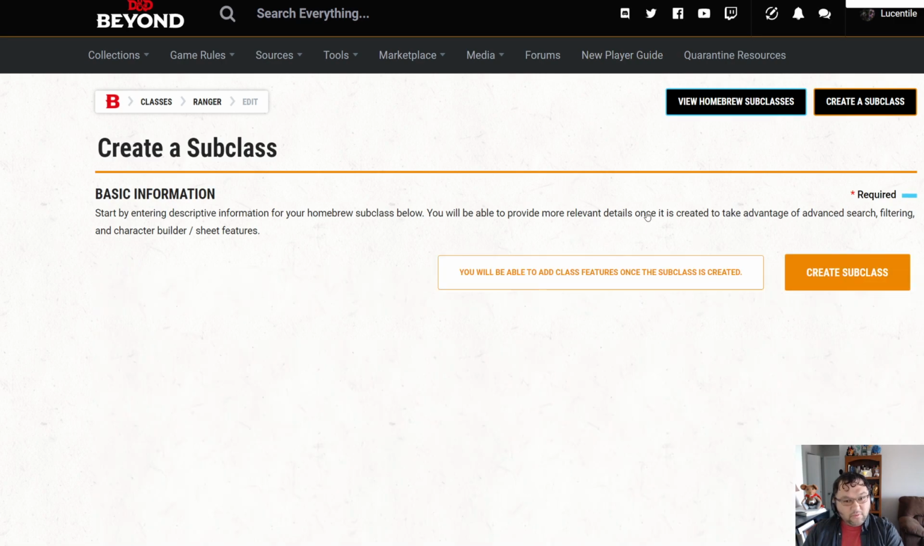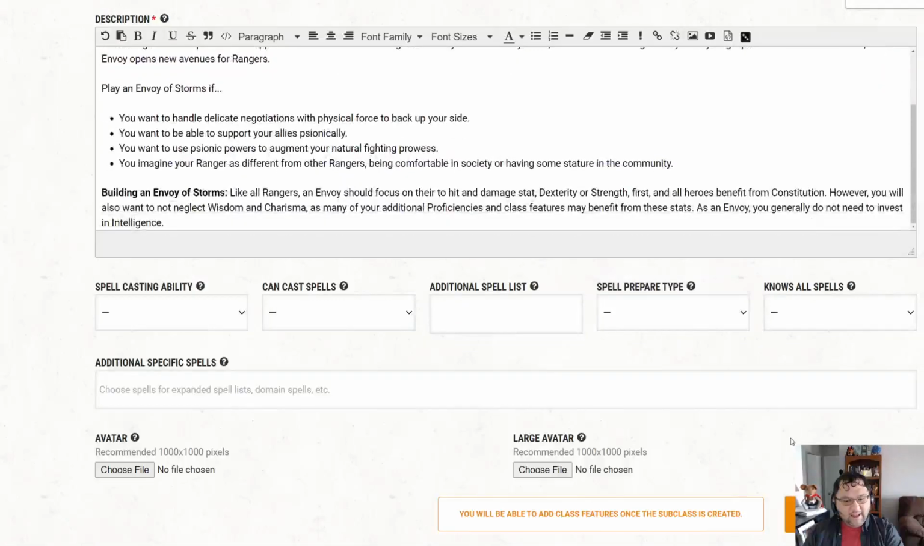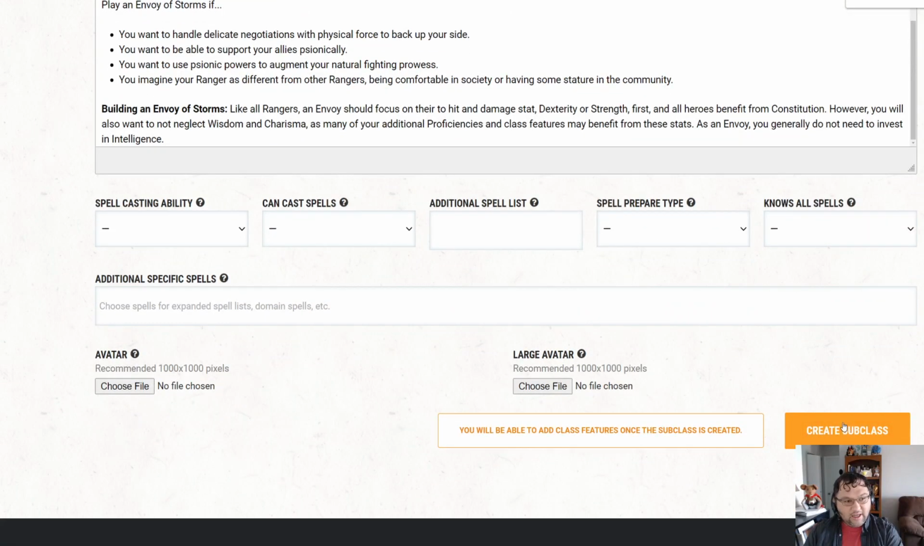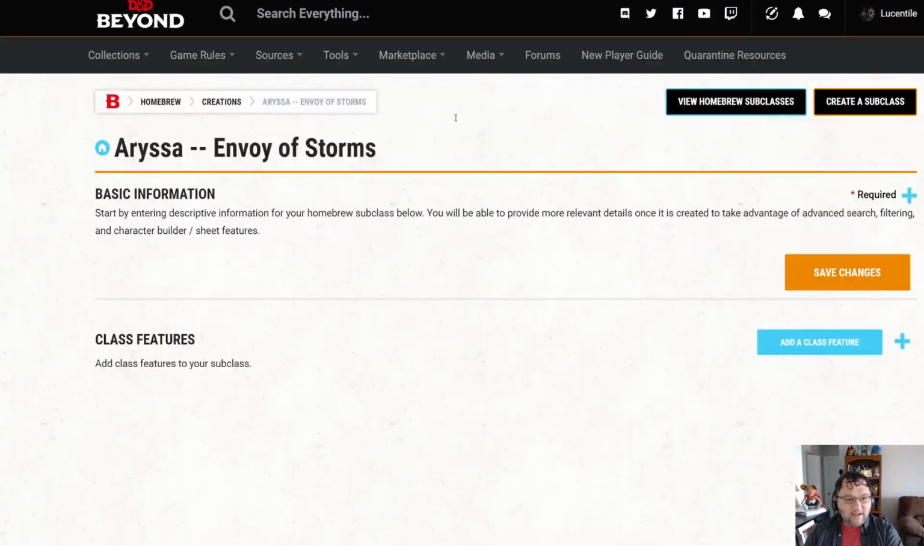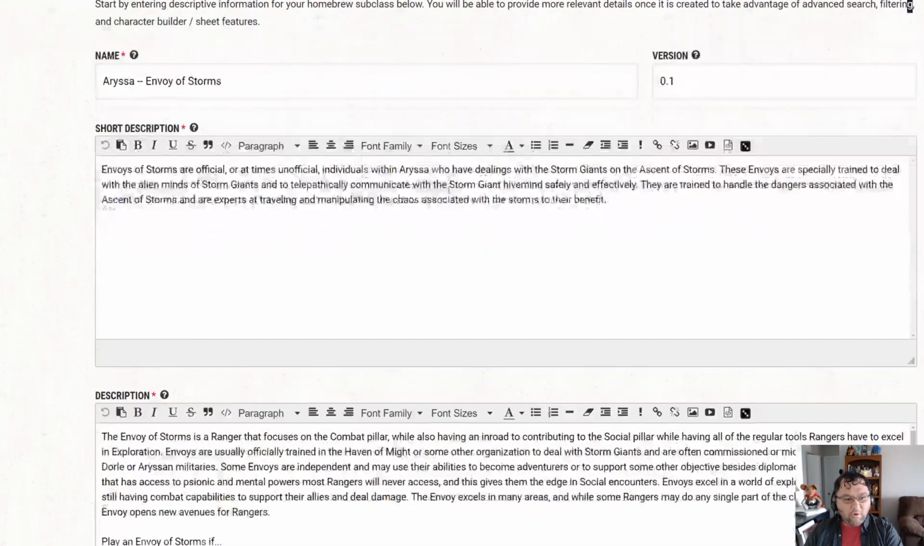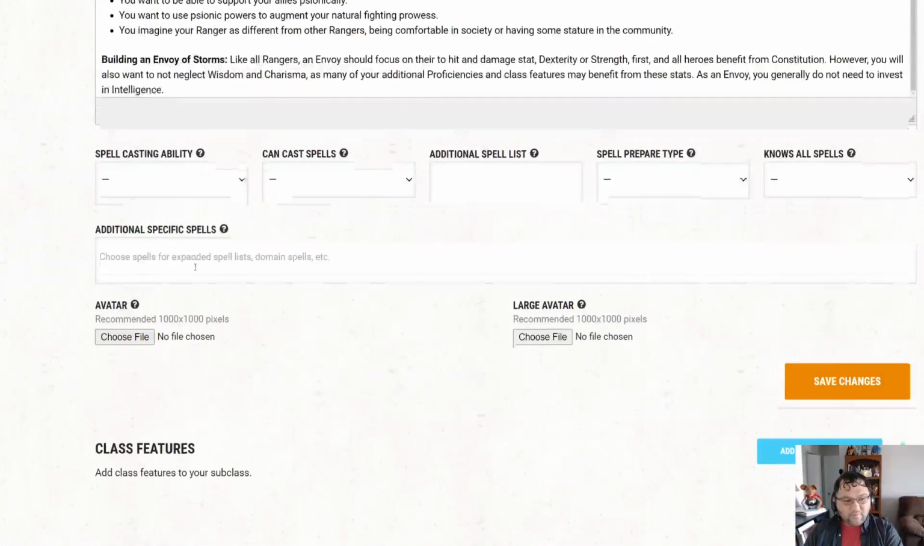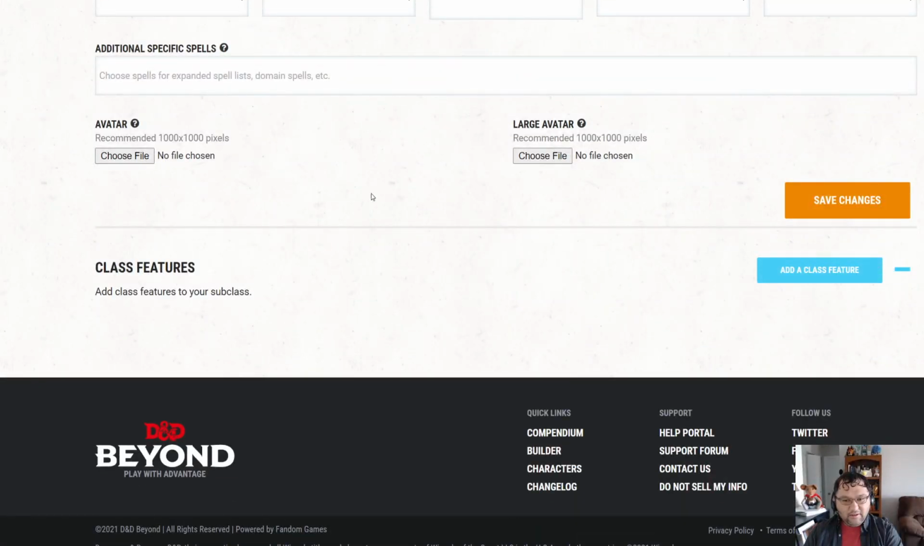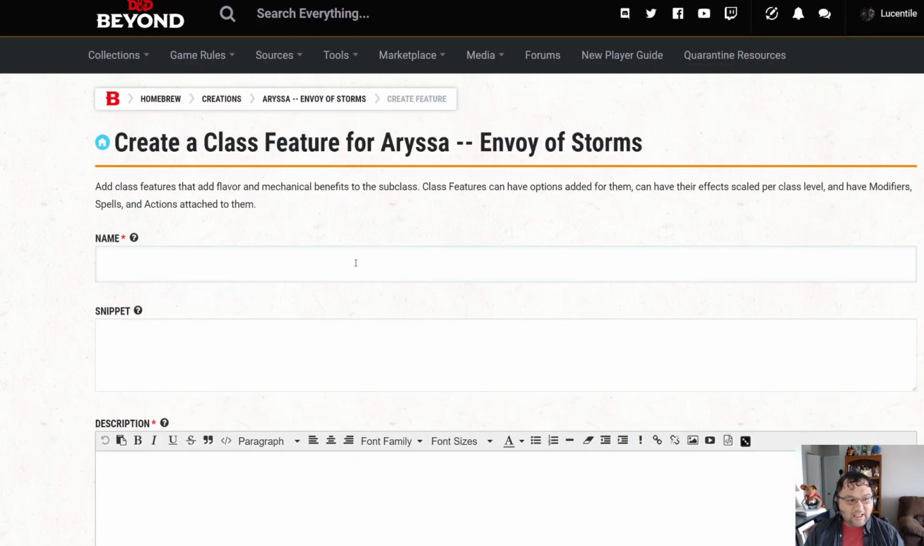Now, we'll go ahead and create the subclass. Now we get to do the long, boring parts. All right. So, again, we've got 3, 7, 11, and 15. So, at level 3, we need to give our ranger all of the things that this subclass says you should have. So, add a class feature,